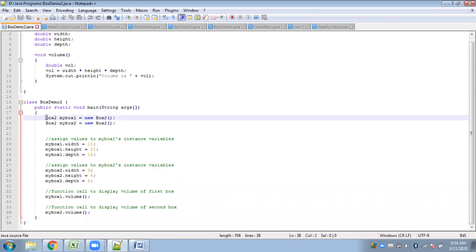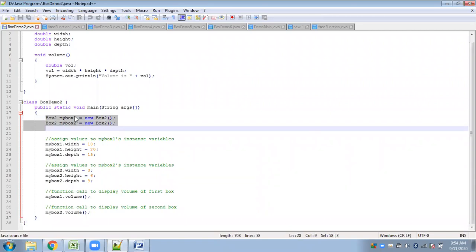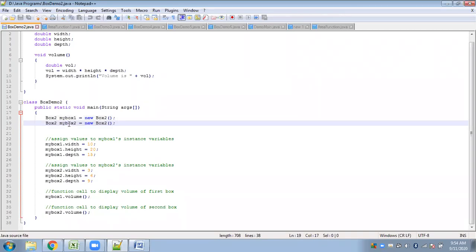So here likewise we have created objects. One is my box1 and the other is my box2. So we have two objects here, because in this example we will be calculating the volume for two box objects. As I said, width, height, depth cannot be accessed directly, but only with the help of objects.